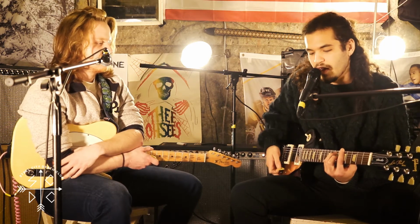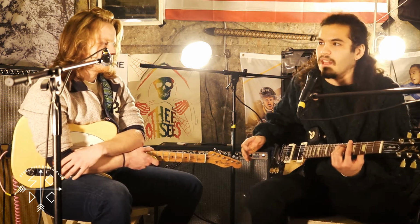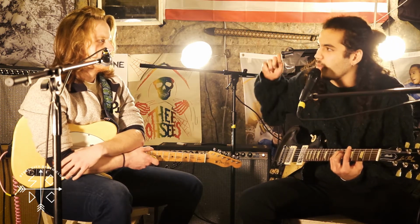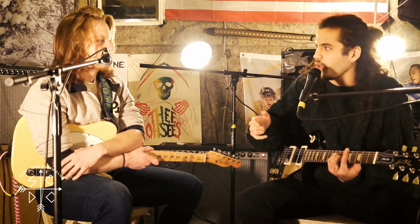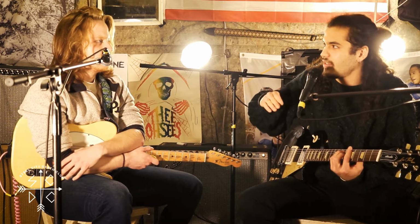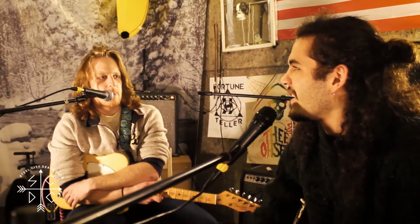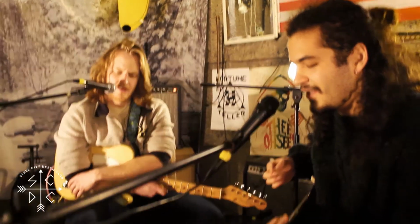Yeah, but with the fuzz and the drives and stuff, I think it lends itself really well to fill it out. Because a lot of fuzzes, if you focus on the mids to make it a little more punchy so it's not as farty sounding, sometimes the bass will kind of cut out a little bit. Yeah. And if you're trying to do a two-piece, it can get a little jarring. Mm-hmm. So it's like...